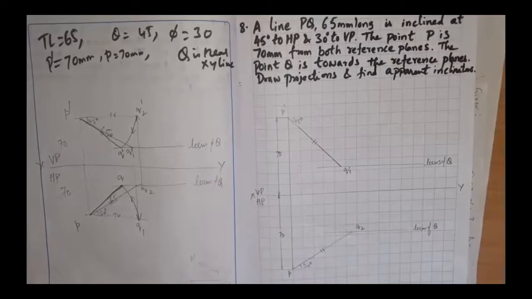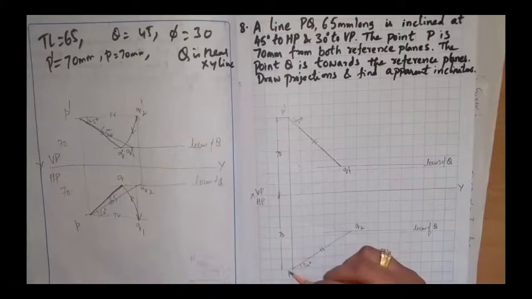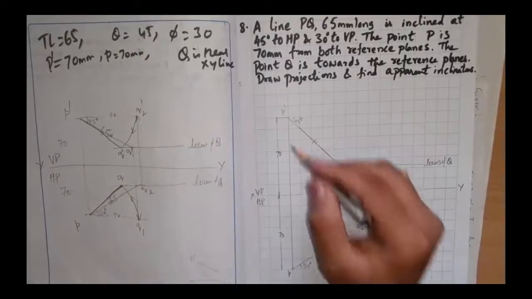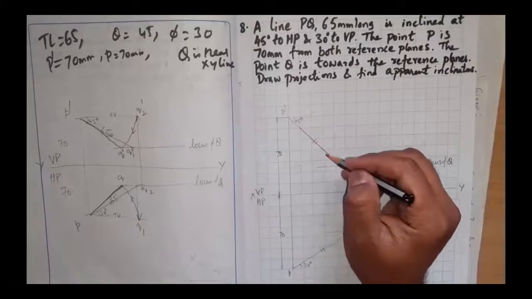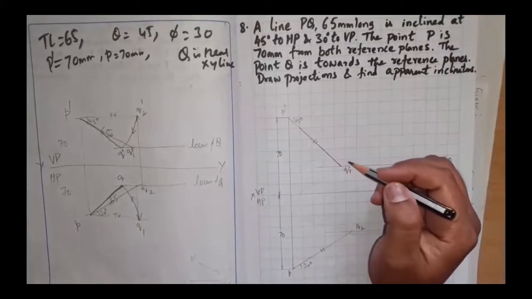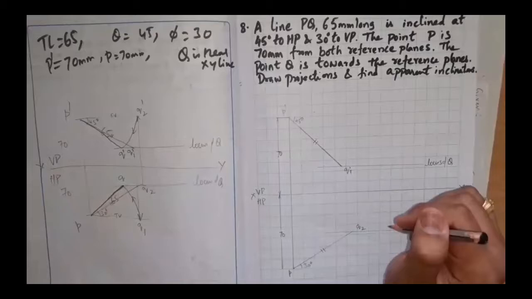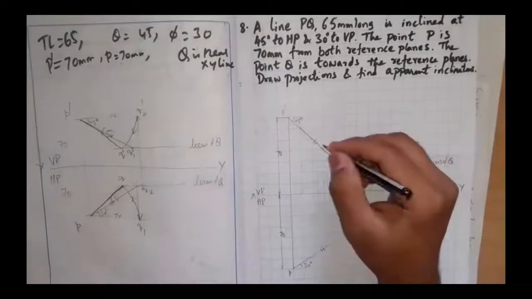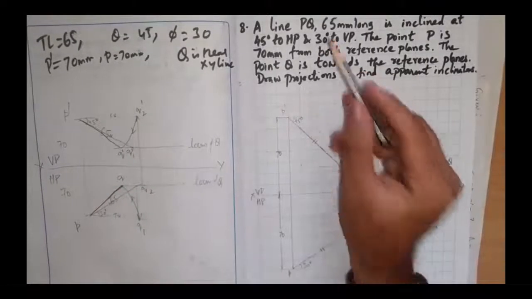Sir, draw 45 degrees. Again, sir, repeat this line. First, identify P dash and P for 70 mm. Is it done? Yes, sir. From P dash, draw 45-degree downwards. Join the diagonals of this printed box or use the set square. Use the 45-degree set square and draw a line. For 65 mm length, this is 65. True length is 65 given directly.